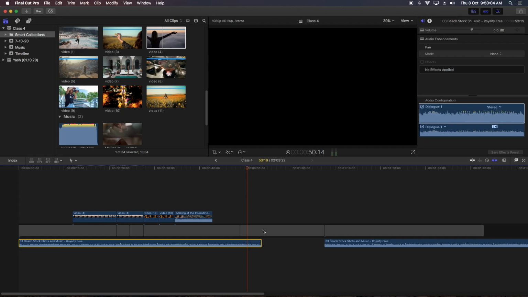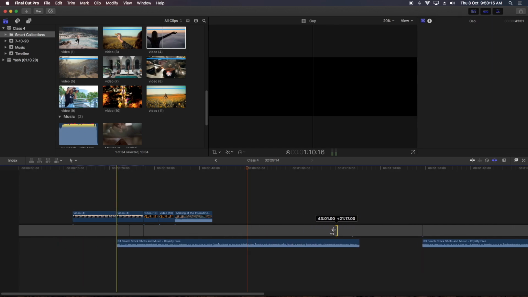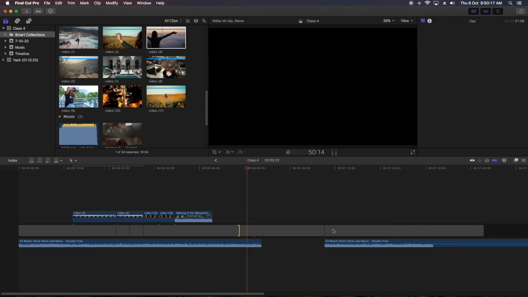Command, option, and clicking on the clip. So it's now connected with this. If I take it back, what I'll say is that in between there was a gap, and this audio was, say for example, dialogue connected with a video. Now if I'm shifting this below the track,